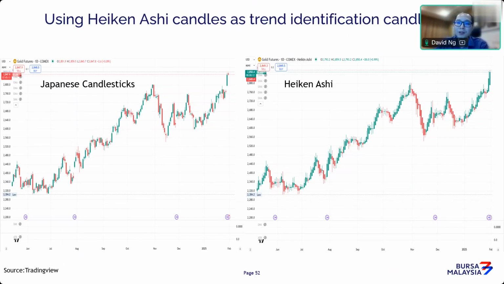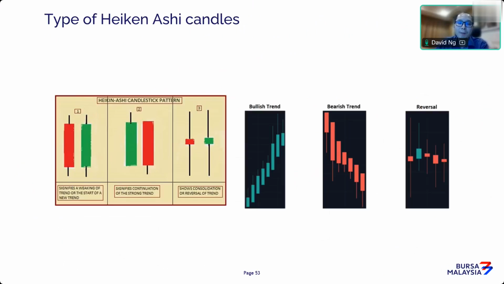If you see green bars, it generally tells you that the market is bullish. If you see red bars, it generally tells you the market is bearish. The reason Heikin-Ashi is widely used as a trend indicator is that it's simple to identify the trend and simple to use, in the sense that there are only three major patterns you need to know. As long as you see a green bar with no lower wick, it's telling you that an uptrend has started, or there's momentum in the uptrend. Vice versa, if you see a red bar with no upper wick, it's telling you the market is in a downtrend. If you see a series of red and green candles together with small bodies, like doji-type candles, it's telling you the market is moving sideways.